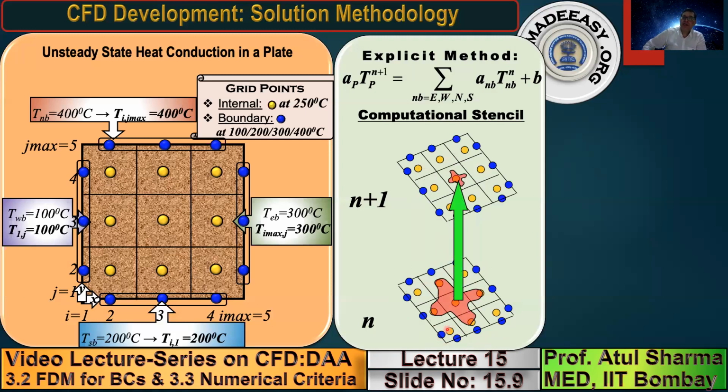The computational stencil is such that in an explicit method there is only one unknown. You are interested in determining the temperature for the new picture, and the formula is such that to calculate a new value, it involves all the neighbors from the previous picture. So if there are 9 yellow circles, your algebraic equation is such that each equation has only one unknown, which you can take on the left hand side, and you can solve each of these 9 equations independently.